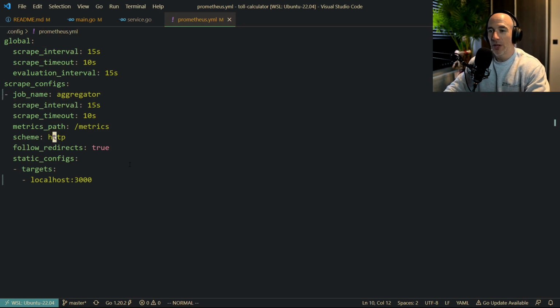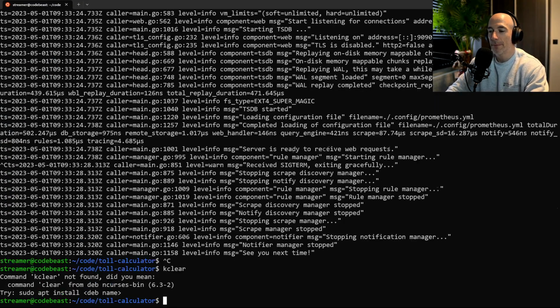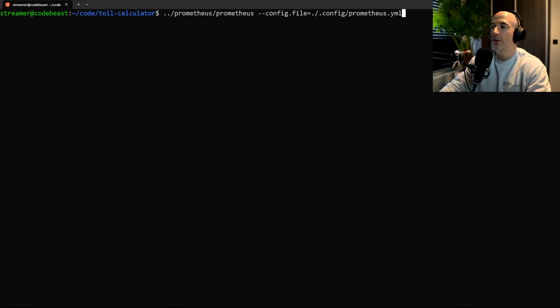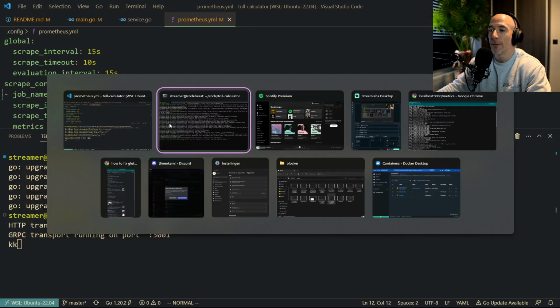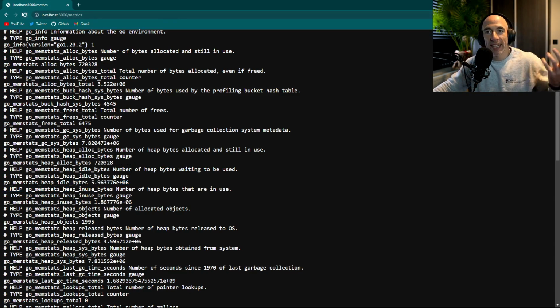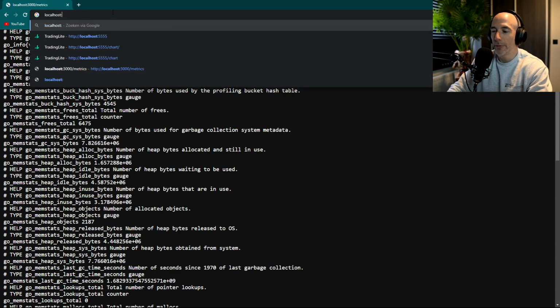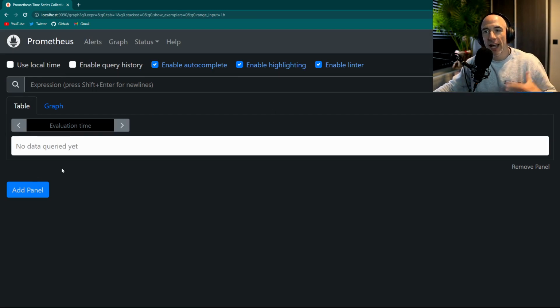Yeah, okay, cool. So now everything is set up, right? So basically right now we can go to this one and we can do the same command we used, right? We could use this, and this command is in the README. We're going to press enter, Prometheus is running, right? So basically, once Prometheus is running and our aggregator is running here, we can go to another endpoint, which is going to be called localhost 1990. And if you press enter, we are here. And this is the Prometheus